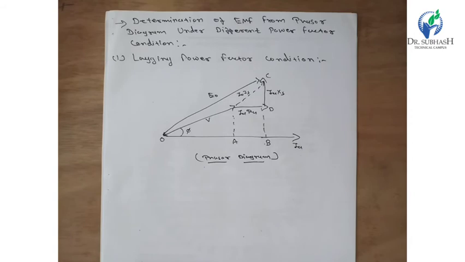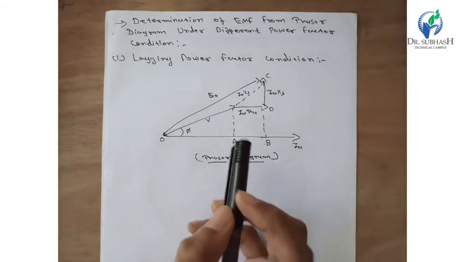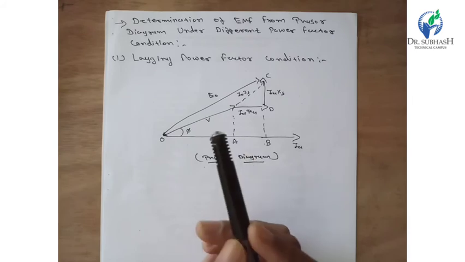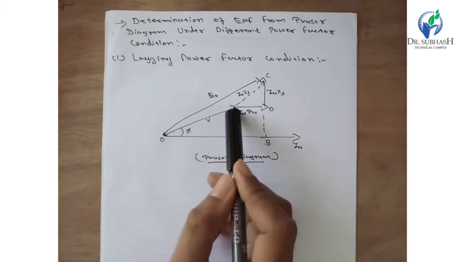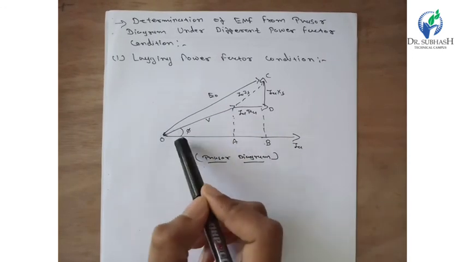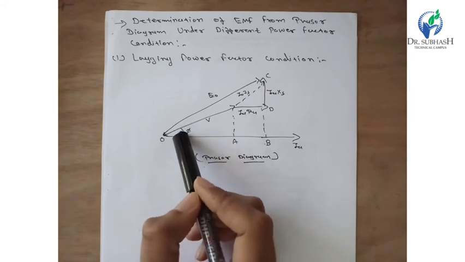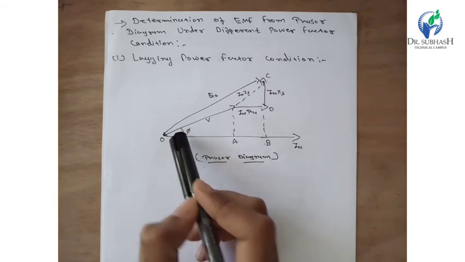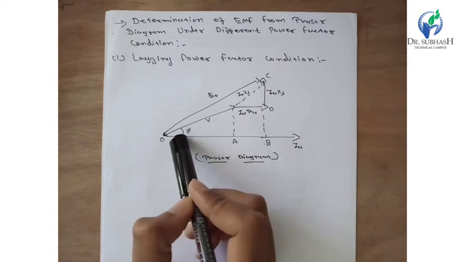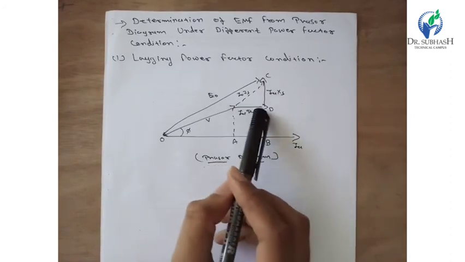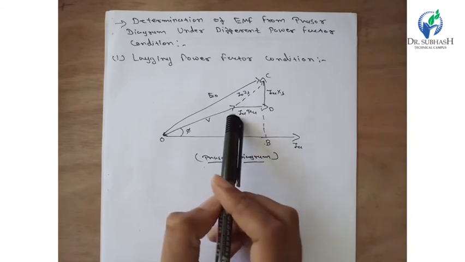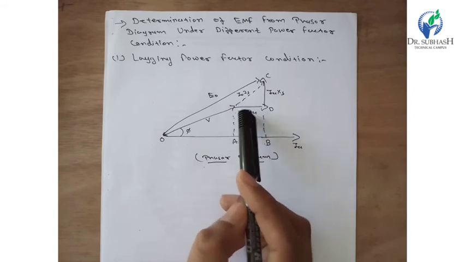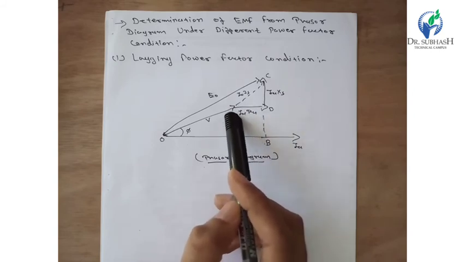In this phasor diagram, we take V as the reference. V is not drawn horizontal but tilted by angle phi. The armature current IA is drawn lagging V by phi degrees, such that the armature current is horizontal. Here we draw the armature current IA lagging V by the angle phi, in a horizontal form.